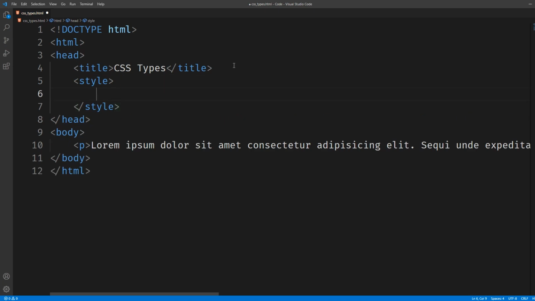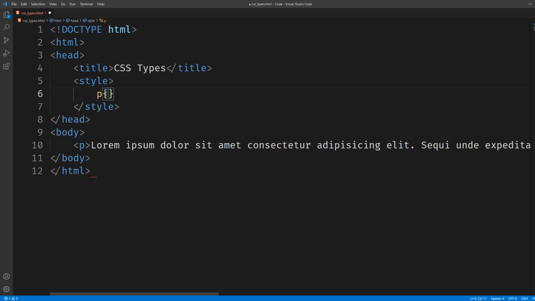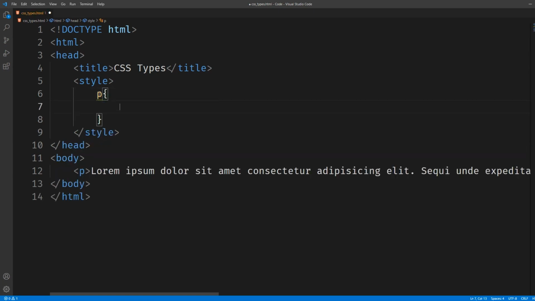And now inside the style tag we can write whatever CSS we want. The difference between the inline CSS and the internal CSS is that inside the internal CSS, that is the CSS that we write inside the style tag, we need to add CSS selectors. That means we need to tell to which element we want to apply this CSS. So suppose I want to add CSS to the paragraph, all the paragraphs. So I will tell it select all the paragraphs and apply this CSS, whatever I write inside this, to all